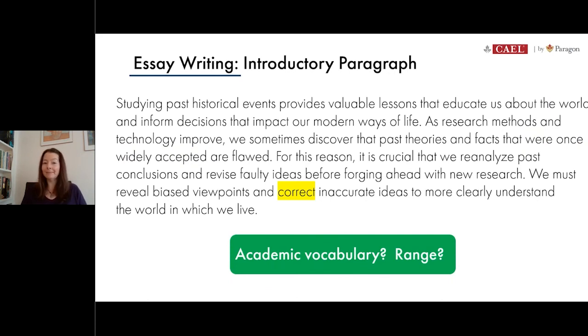Again, it's pretty common, it's pretty simple. Let's see if we can think of a higher level word that would mean the same thing. So let's try. We must reveal biased viewpoints and amend inaccurate ideas. I think that's better. It means the same thing. It just sounds a little bit more academic. All right, so at a quick glance, I'd say that we're satisfied maybe with the vocabulary, so we can move